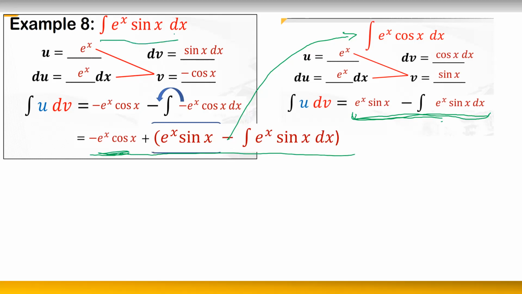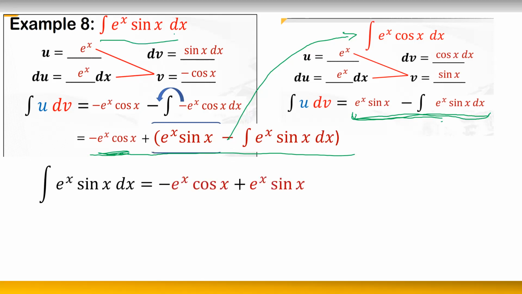So, we'll connect them. The left side is the integral of e to the x sine x dx. Ito siya. And that is equal to this three-term expression. So, there's the negative e to the x cosine x. This is e to the x sine x. This one, the last one, is minus the integral of e to the x sine x. Pareho sila, no? Okay. So, ibig sabihin,